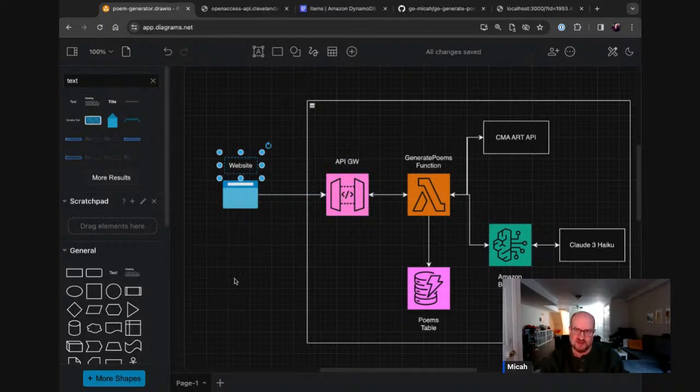So we might have to add a little bit of code to do a get all the poems, for example. But yeah, that's it. It's just basically a simple website that displays them. But I'm also thinking we should come up with something a little bit more fun. Like I would like people to be able to sign up and get these in their inbox or something. So that's interesting.